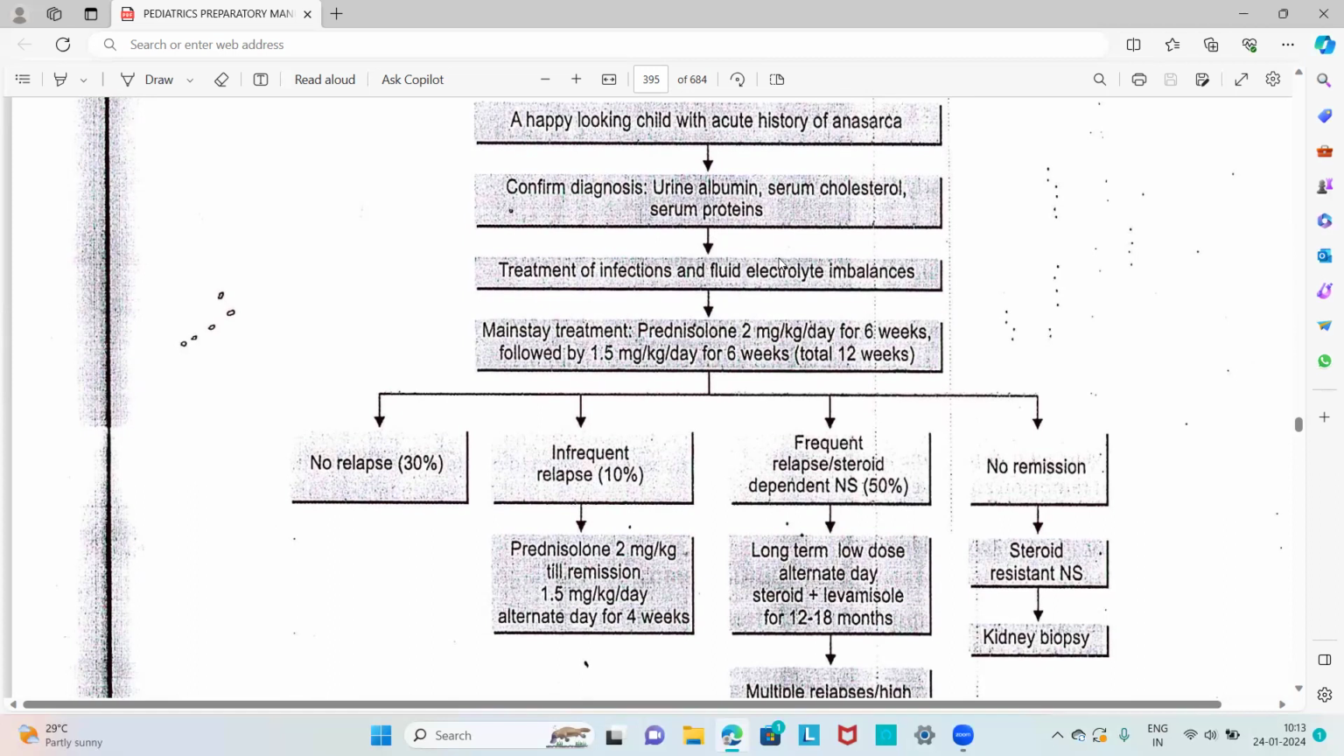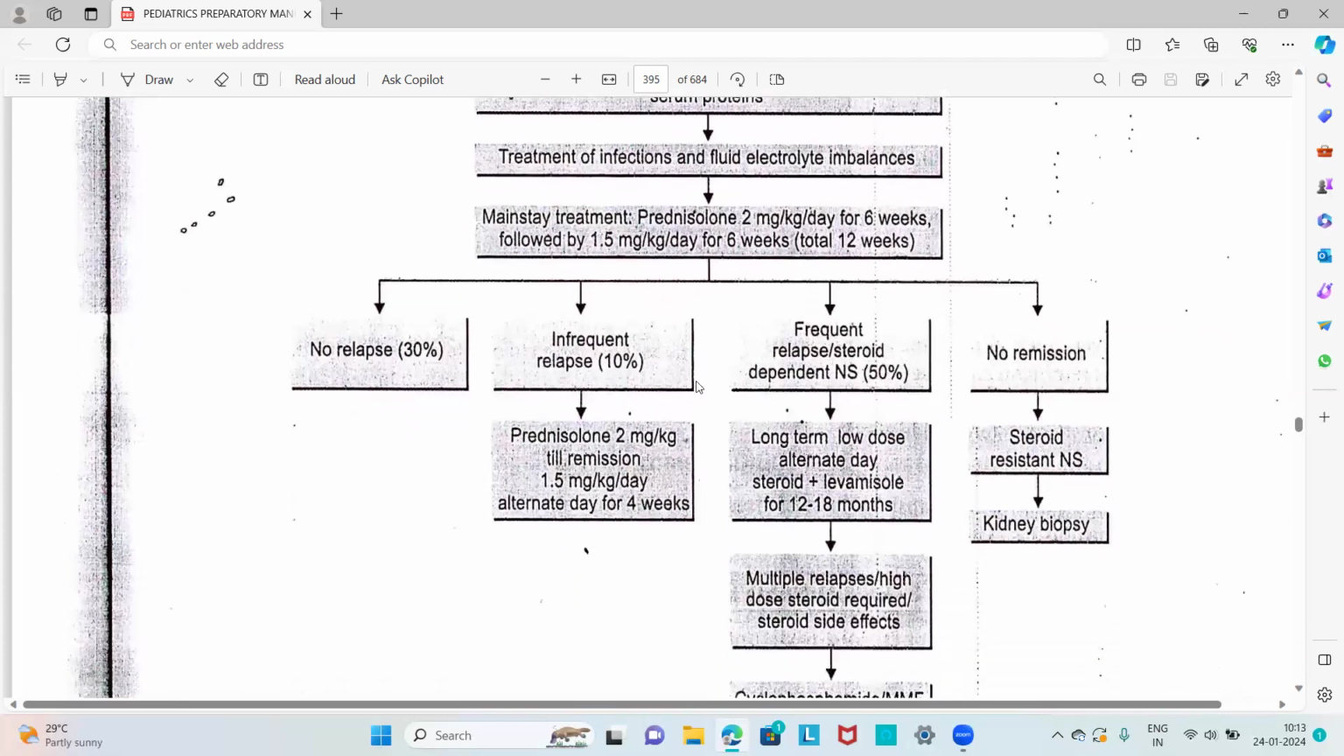Treatment of infections: before starting the steroid therapy, we have to treat the infections and fluid electrolyte imbalance. After that, we go for the mainstay treatment with prednisolone 2 milligram per kilogram per day for 6 weeks, followed by 1.5 milligram per kilogram per day for 6 weeks, total 12 weeks of therapy. And in the case of no relapse, it should be